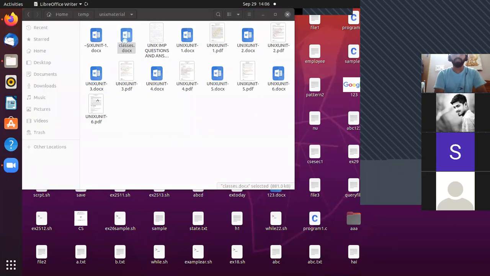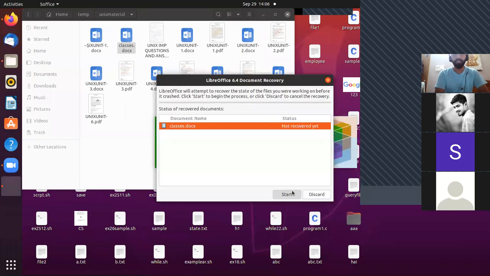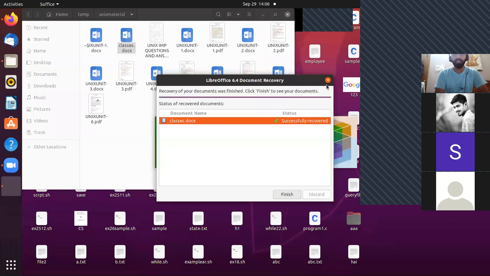Okay. After that we executed many commands based on grep. There are three types of grep commands.